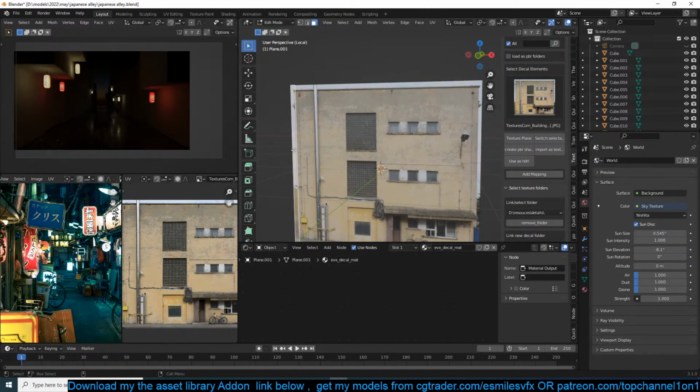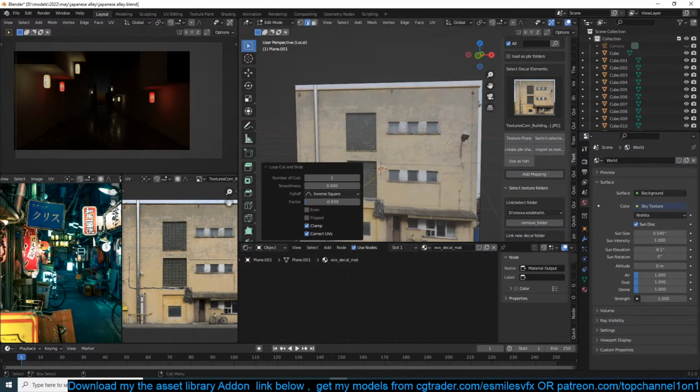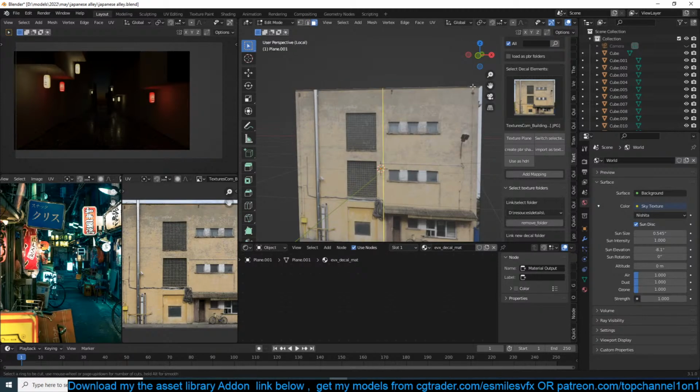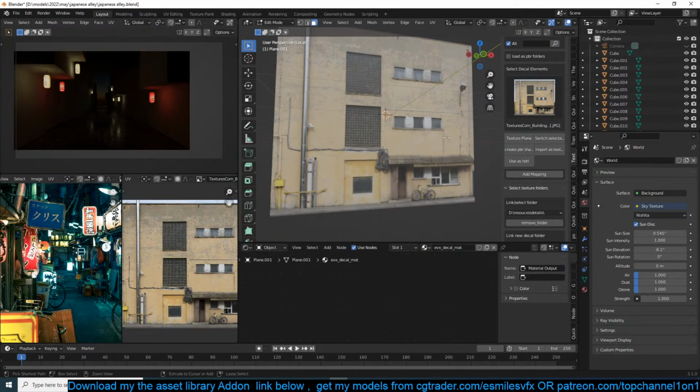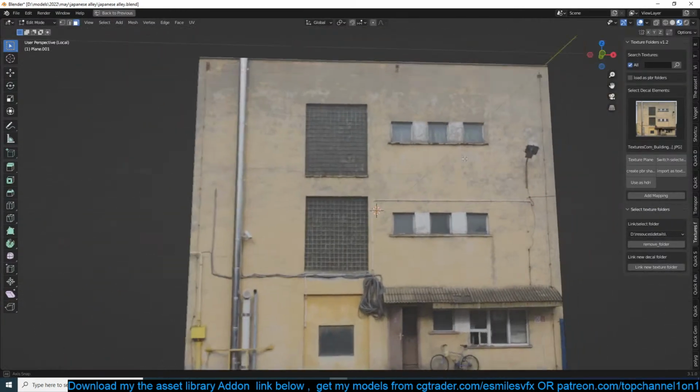I can just remove this face. I basically just want to create a building out of this, and start replacing some of the placeholders we have with this. So let's see.